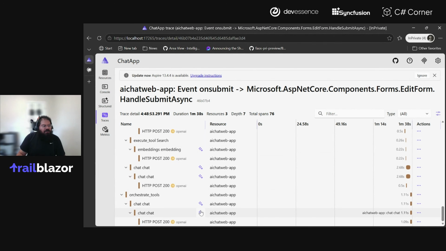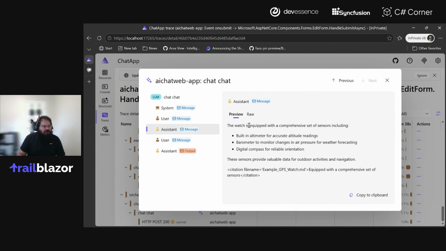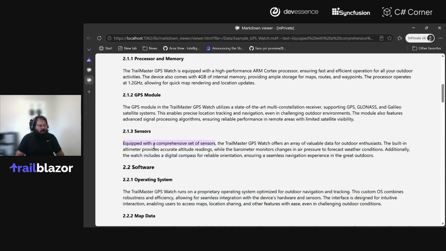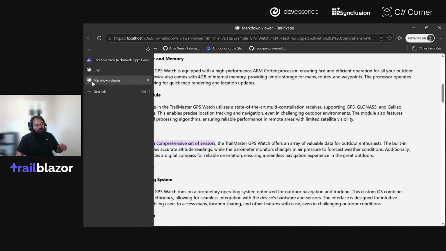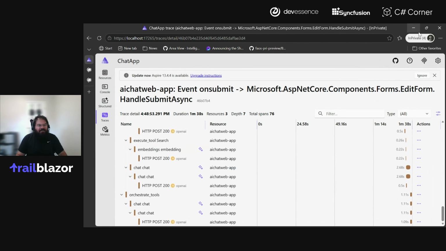Once this is done, which I think it is, we're going to see that's our system prompt, this is our user request. Then our system comes back to us with our citation. And then what we see here is obviously the response, which points us directly to the document in question. And so I would highly encourage you, if you're interested in seeing in action how all these pieces fit together, go ahead and download the template, the AI chat template, and just start playing with it, because that really shows you end to end how all of these different pieces compose.